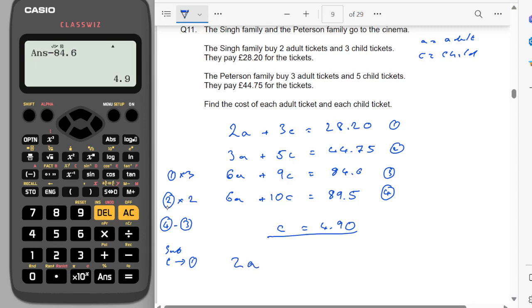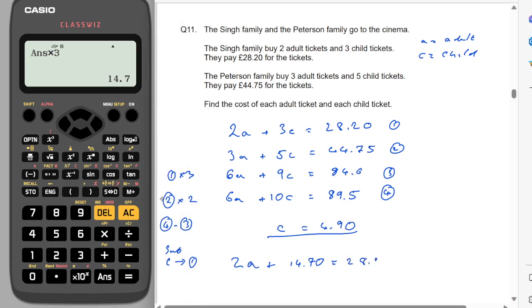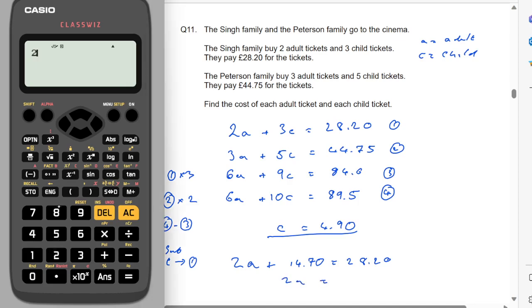So 2A plus 3 lots of 4.90, so that's going to be £14.70, has to be equal to £28.20. So 2A is going to be equal to £28.20 minus the answer I just worked out,